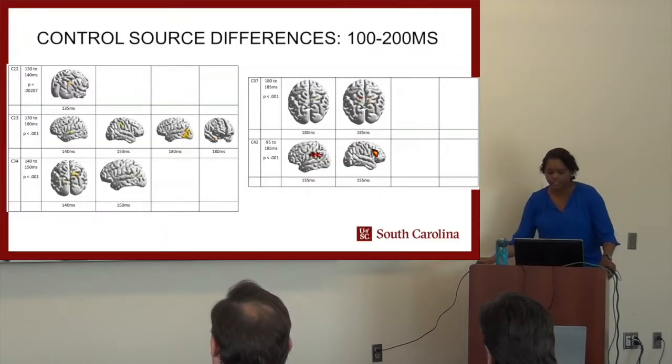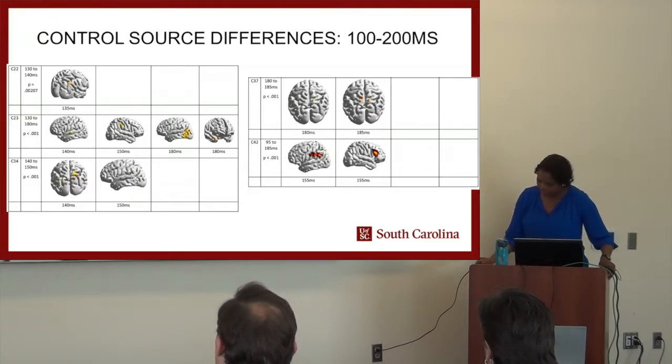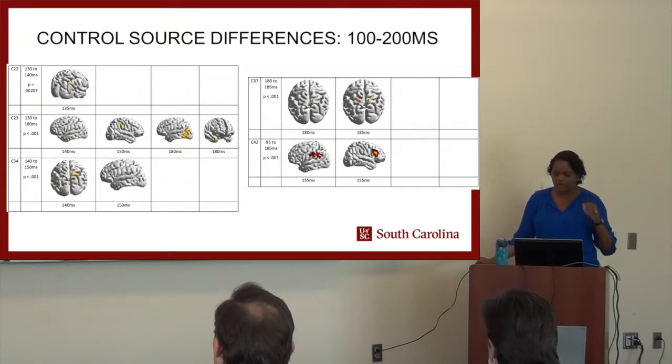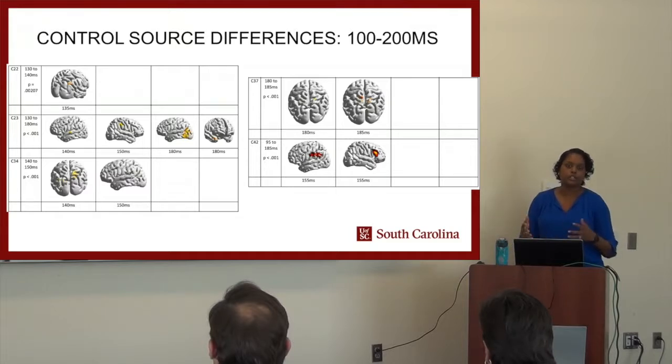And then we're seeing some later differences from about 180 milliseconds to 200 milliseconds after the perturbation. We're seeing differences in premotor and motor regions. For most individuals, the significant windows occurred during and after their peak N1. So these results, and in particular those later premotor sources, may be more representative of a transitional period preceding the P2 and that actual motor compensation.